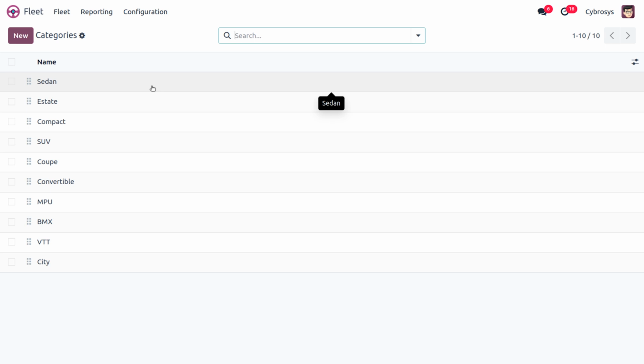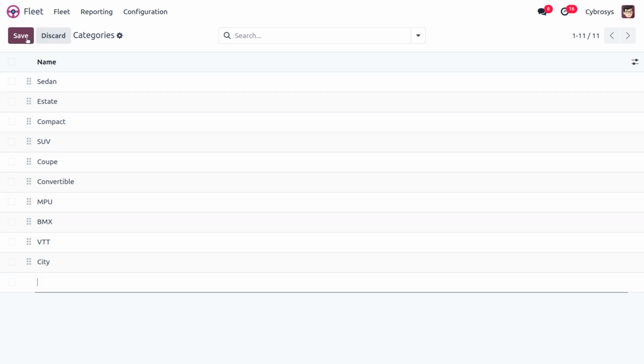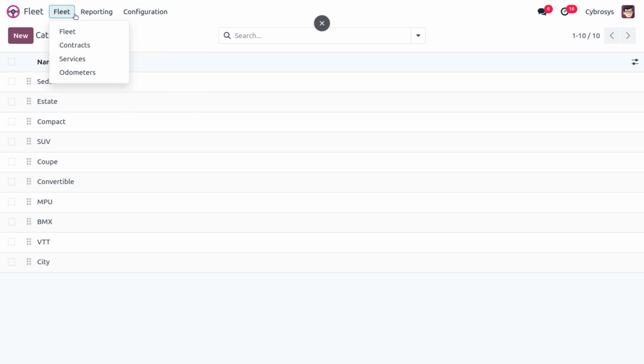The model categories are set on the model form, and you can see how it is created. If you want to create a new model category, you can simply click on the new button. Odoo does not come with any models pre-configured, and all models must be added. And once everything is done, we can move on to the fleet in order to manage.